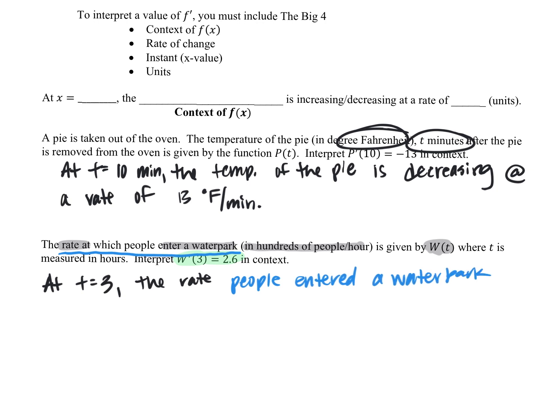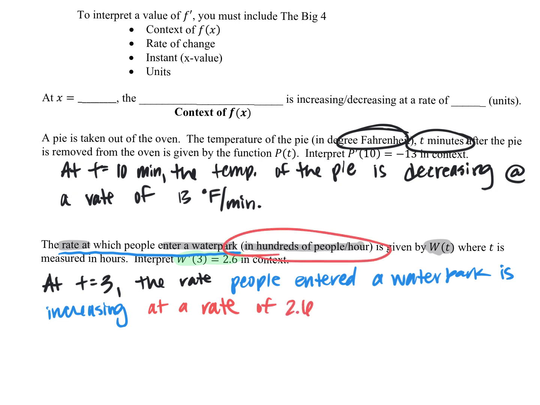Do we want to say is increasing or decreasing if it was 2.6? Is increasing. Yes, exactly. She just said at a rate. And you're like, wait, didn't I already say that? You guys, we did. But because they gave us a rate of W and they want W prime, it's another rate and we have to say it twice. Yes, sir. Can you abbreviate increasing or decreasing? Yeah, INC or DEC. They're fine with that. At a rate of